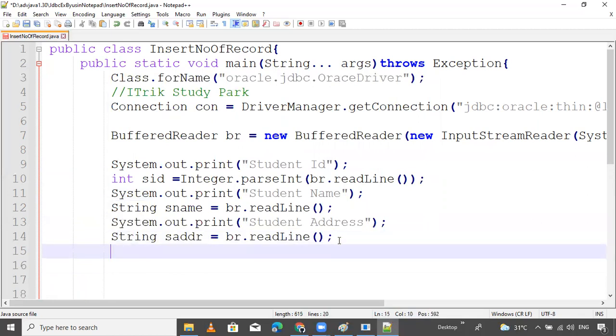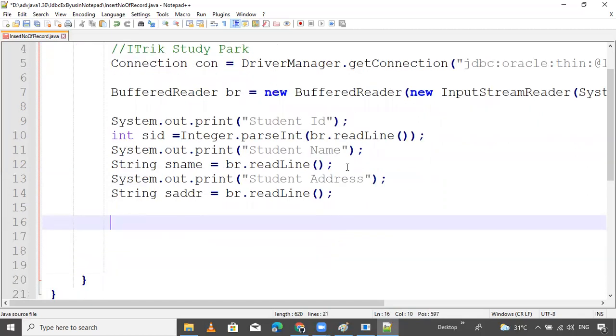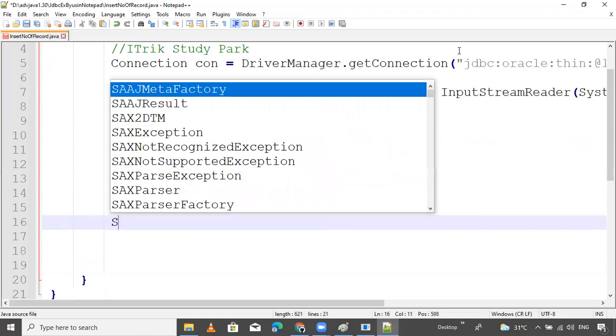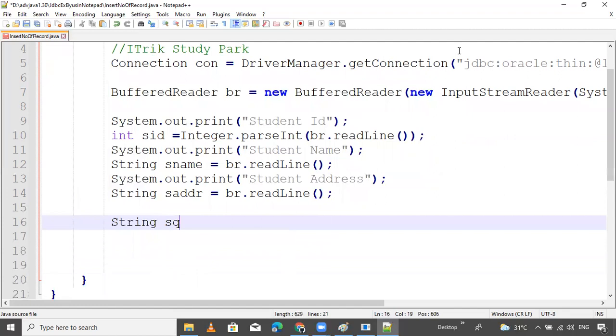Now next, I want to execute this query. So I want to prepare it inside a string variable, String sql. That's it. Now insert into student values.